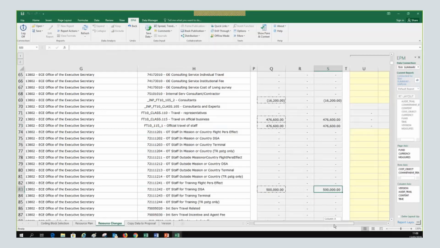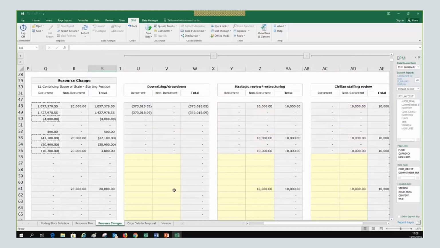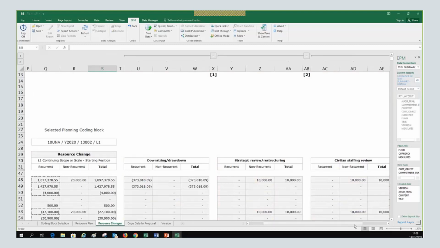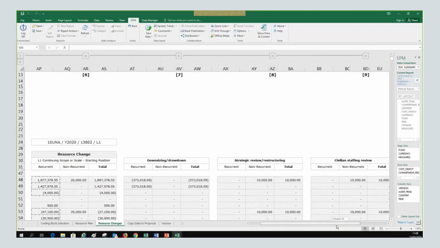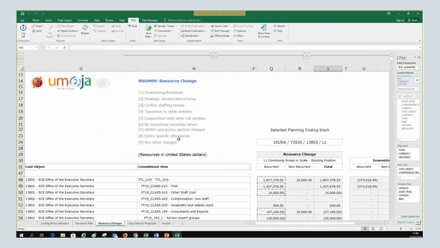So where do we enter it? In what column do we enter this amount? What is the breakdown of this expenditure? So we can see what is the reason.